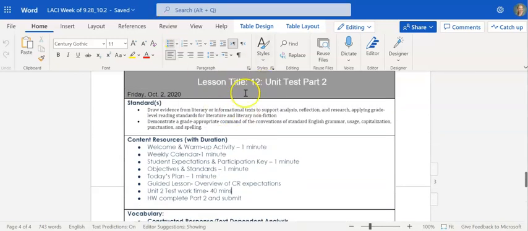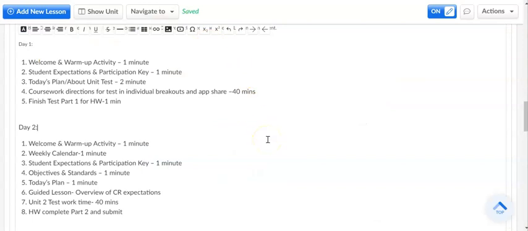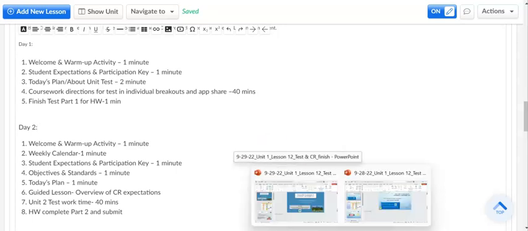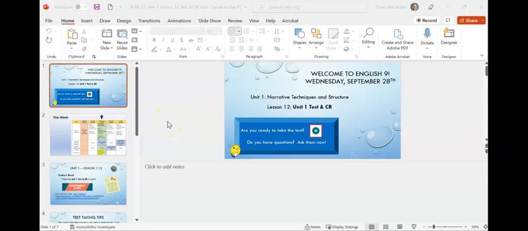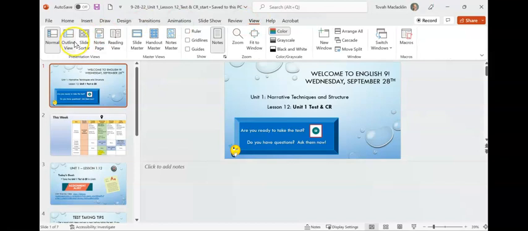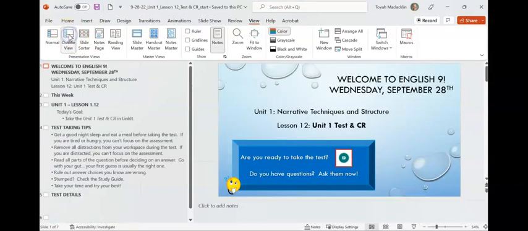But if things have stayed fairly the same, then you can just use those. Now, if you do not have access to these, or this is a newer lesson, you can go right from the PowerPoint. This is a little bit more tedious just because of the formatting, but if you go into the View tab on the top and you go into the outline view in the slides, now you can copy and paste